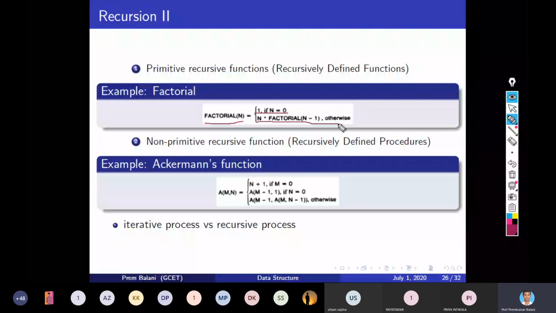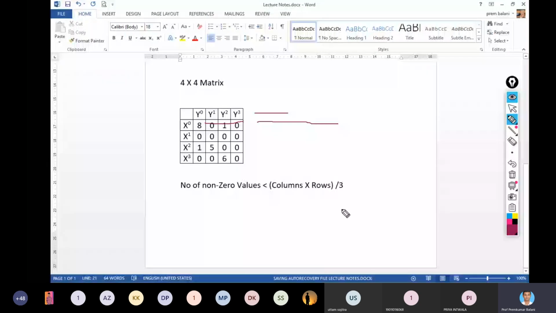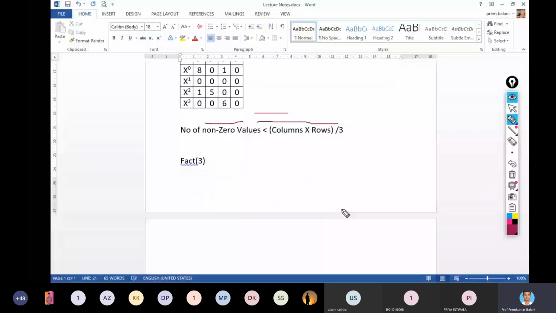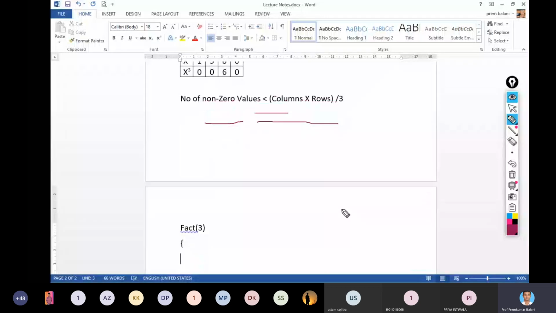Let me explain this. Suppose I call factorial of 3, then what will happen?